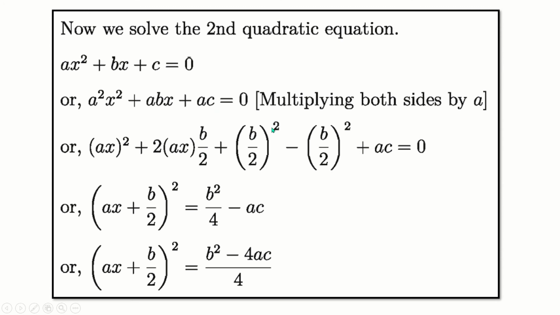So here will be plus b by 2 whole square, but b by 2 whole square is absent in this equation, so we have to vanish this. As a result we have to take here minus b by 2 whole square. Okay, and plus ac. Now this makes the formula a plus b whole square, a meaning ax, b meaning b by 2 whole square, and this we convert to the right side. Here will be b square by 4, and here will be minus ac, and after calculating this part, here will be b square minus 4ac divided by 4, and here the same, that means ax plus b by 2 whole square.